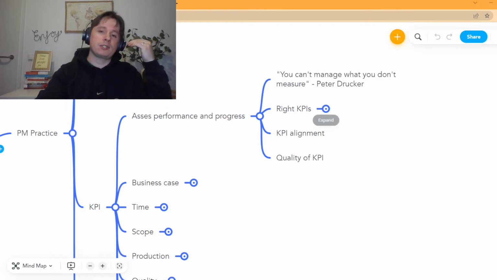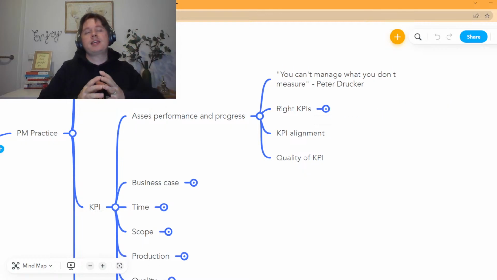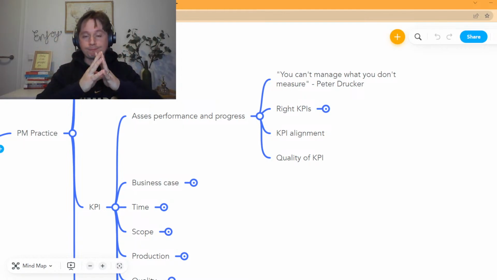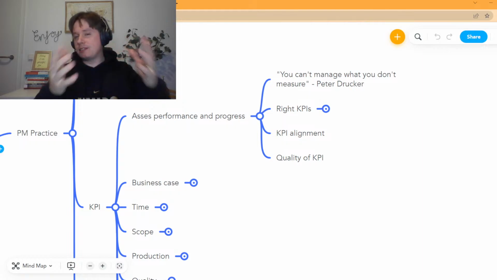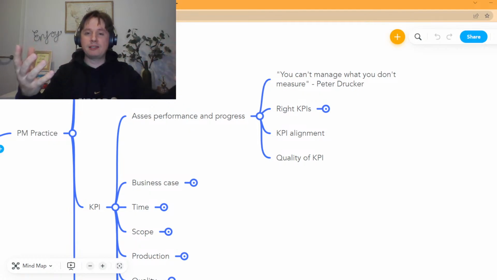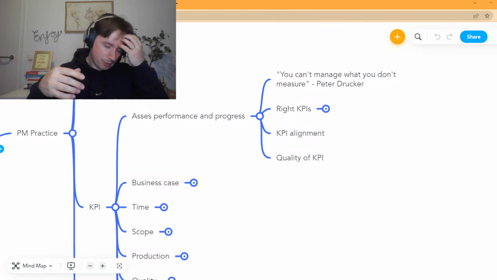Another very important item when you talk about KPIs is KPI alignment. Why? Because if you are working, for example, in a matrix organization, it's normal that a lot of different departments have different KPIs. But in the end, what's very important is making sure that all those KPIs are aligned for the same target. And here it might seem obvious, but you're going to see a lot of companies that don't have those KPIs aligned. In this case of traveling the car, if I make another parallel here, it would be